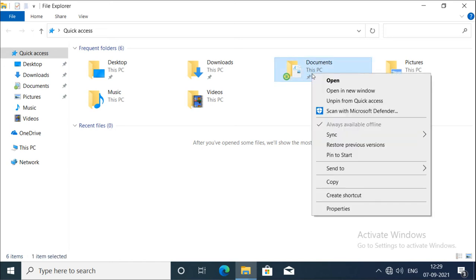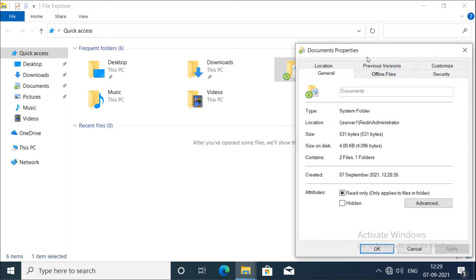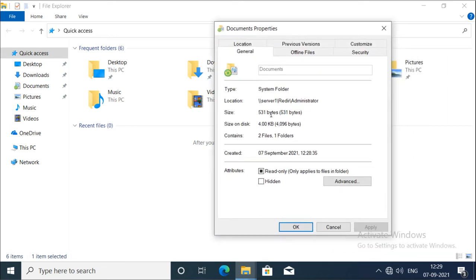So when we try to see the properties of this folder document, now we see that it is showing the shared location. It is showing that it is going to be stored into this server 1 and the folder name is redire, and under that it is creating the folder for this user account. So now the document folder is shared and it is stored into the shared location,